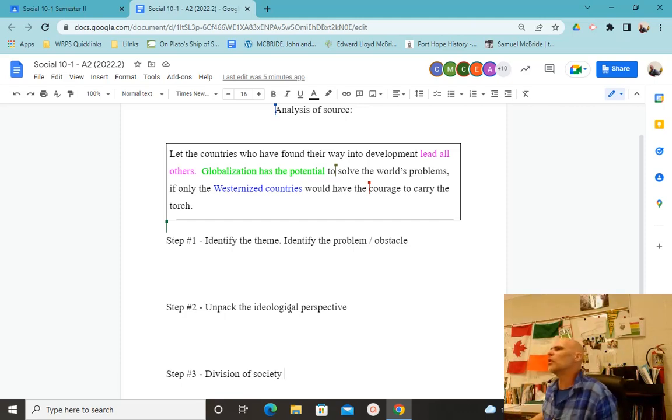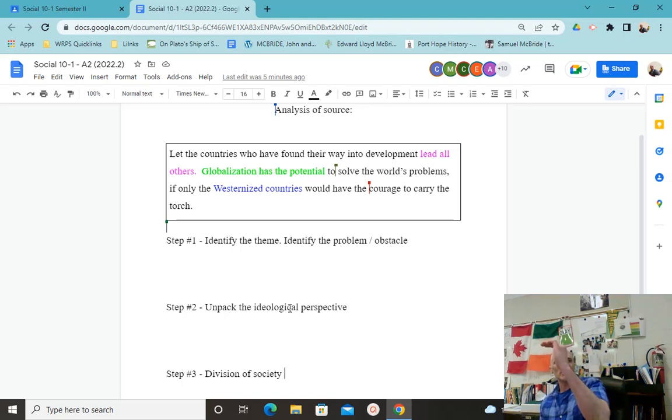It's not an issue of you have the courage to do it. You bloody well owe them because of the legacy of what you've done to them. You're only rich now because you plundered them. So now it's your turn to help them. That would have been a different tone. But it would have been a tone that may have been fitting based upon what we've done in the course.